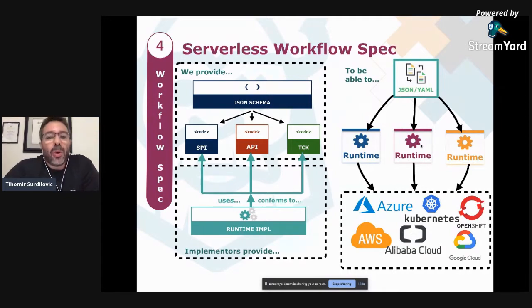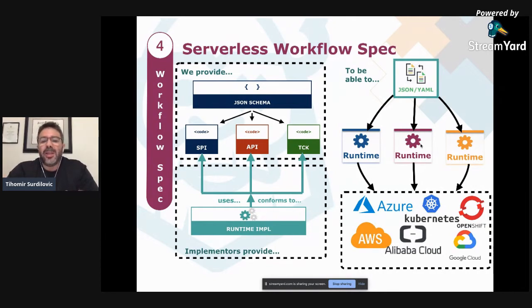So what is the goal of the serverless workflow specification? It is to use this markup defined by our JSON schema, which can be both JSON or YAML, so they're equal, and be able to execute that markup on different runtimes. So it's vendor neutral, platform independent, and those runtimes can then do serverless orchestration on many different cloud platforms.